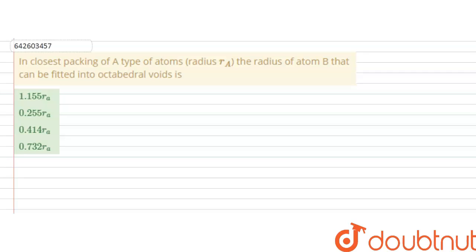Hello students, I'm your teacher for this question and the question is, in the closest packing of A type of atoms whose radius is given Ra, the radius of the atom B that can be fitted into the octahedral voids is. So in this question we have to tell the radius of the atom B which can be fitted into the octahedral voids created by the atoms A. So octahedral void is created by the 6 atoms which arrange itself in the form of octahedron